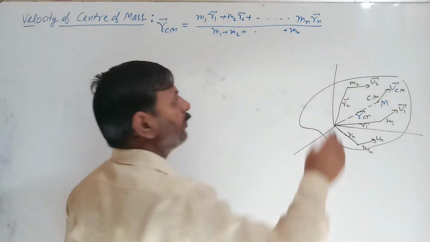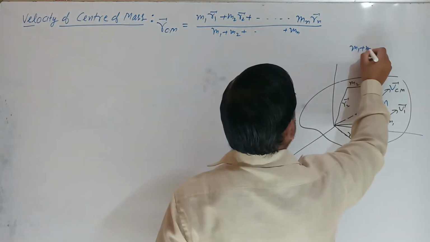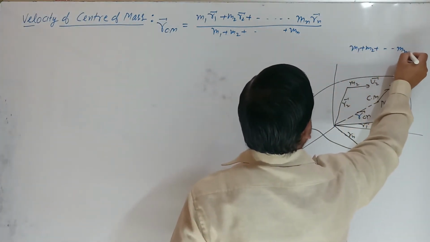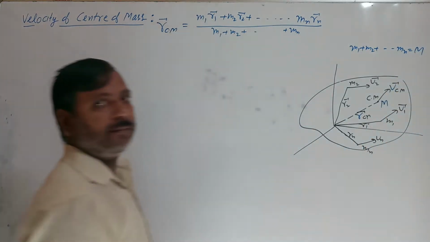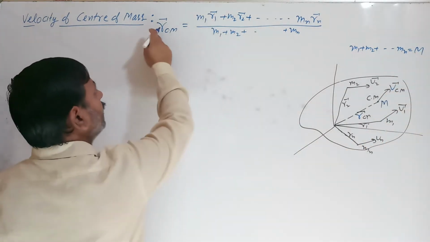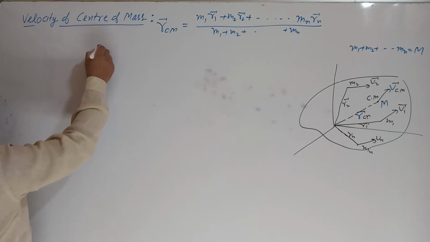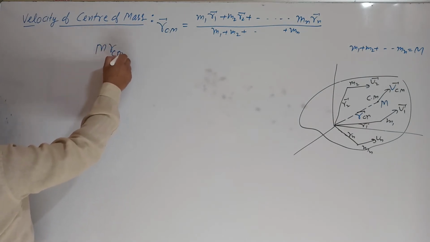Here the sum of total mass m1 plus m2 plus mn is equal to capital M. So capital M goes to the left-hand side: M rcm